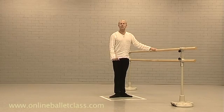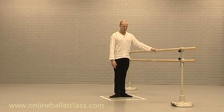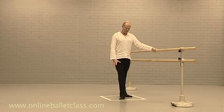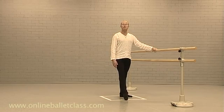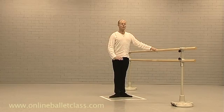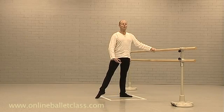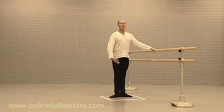And I will demonstrate to you now a basic Battement Tendu devant. You push the heel in the floor, you keep the heel planted in the floor, you open the toes as much as you can, then you engage the metatarsal and the muscles, and then you reverse that, making sure that you put yourself nice and centered, and the same to second, using the floor, spreading the toes, opening and closing,